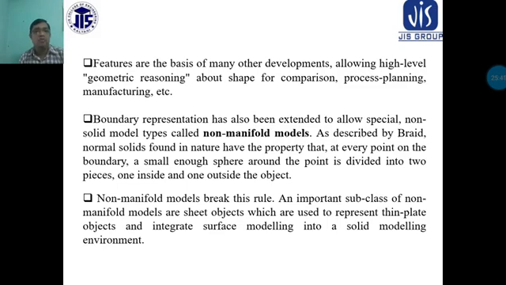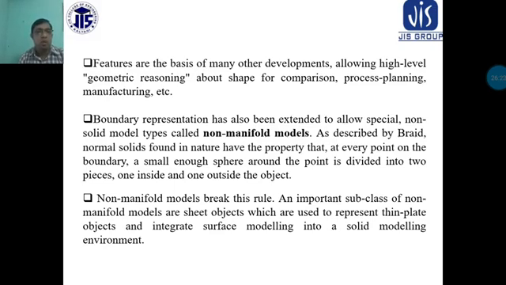Normal solids found in nature have the property that at every point on the boundary, a small enough sphere around the point is divided into two pieces: one is inside and the other is outside of the object. Basically, you have to consider these spheres, where every boundary point is considered. That means you get two parts, one inside and the other outside of this object. Another thing here, the non-manifold models